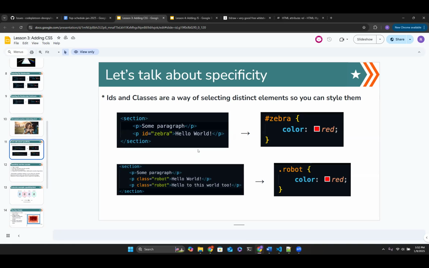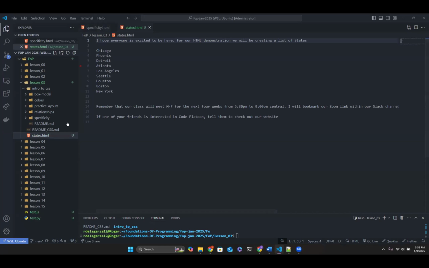The way that I like to think about it is almost like specifying or marking things with a label, right? Let me open up an HTML document here, example.html.